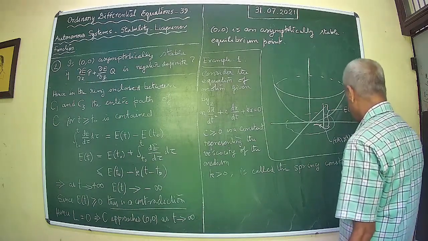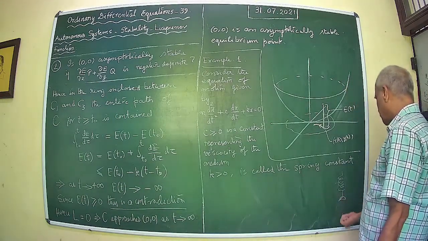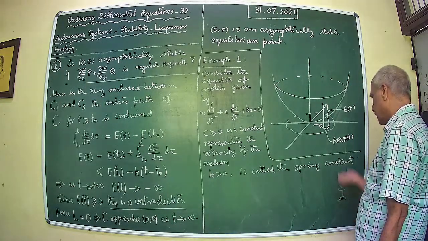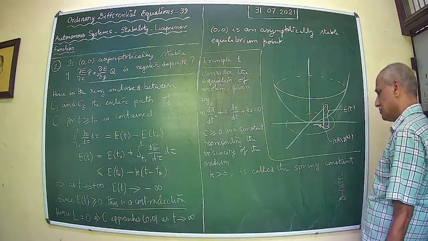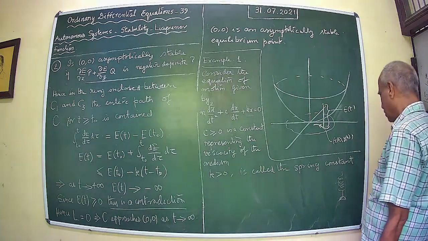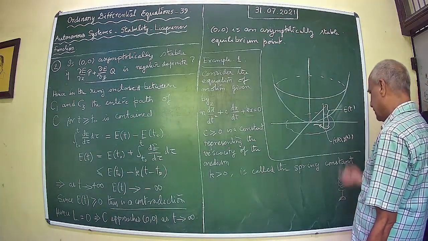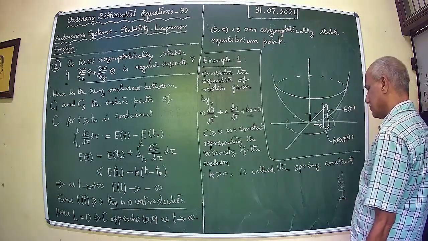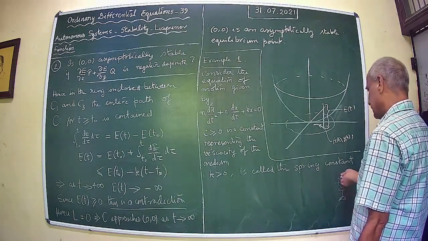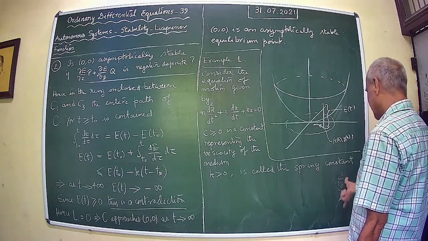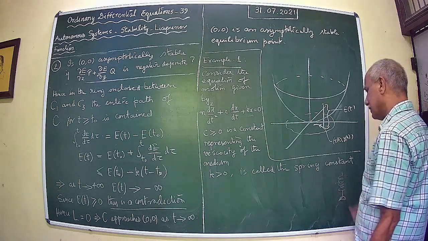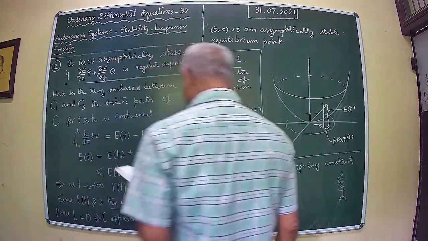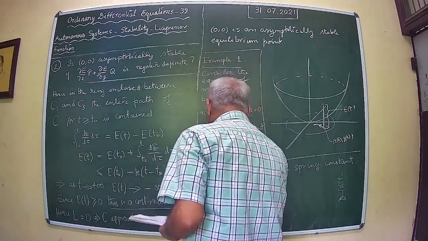Then if you just pull this down, the moment you leave it, it will come back. So if you pull it and leave it, it will start oscillating. It compresses, then it releases. If it stretches, then it compresses, and so on. So that is a spring action that you have. Okay. So the equivalent system is